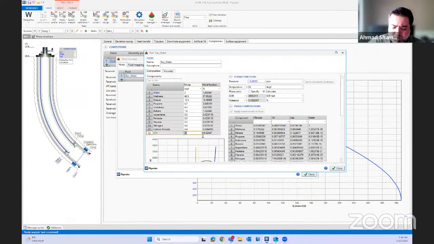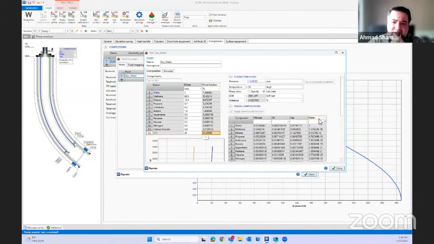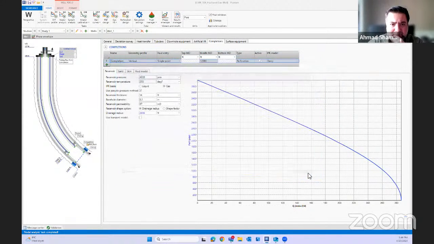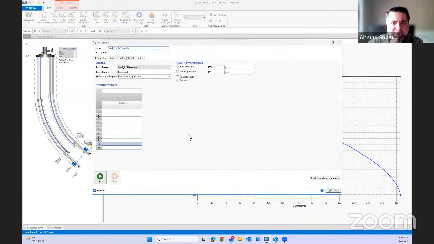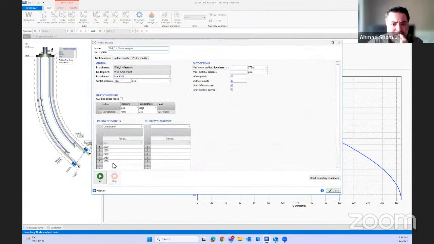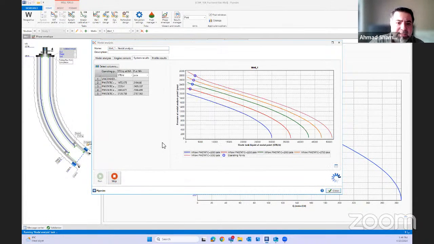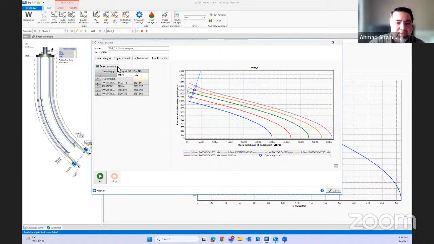I'll make it even more, so 30. Okay, so now I think this will become much more difficult. So let us see if I run the PT, if I run the nodal again. Now, as you can see, I have changed the fluid itself. I have added more heavy components, and now we're seeing the well actually start to become dead at this